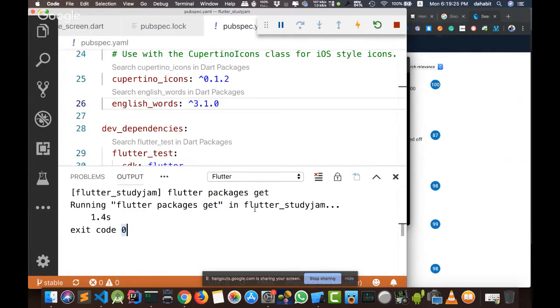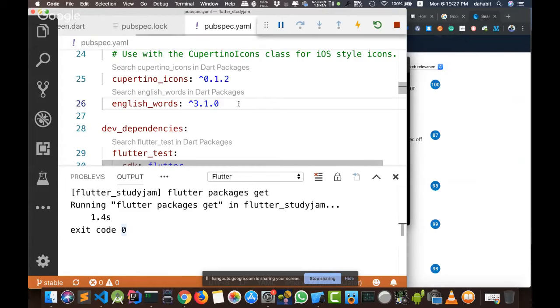And now, when we added this package and pressed Command S, it said exit code 0, which means there are no errors with our application.